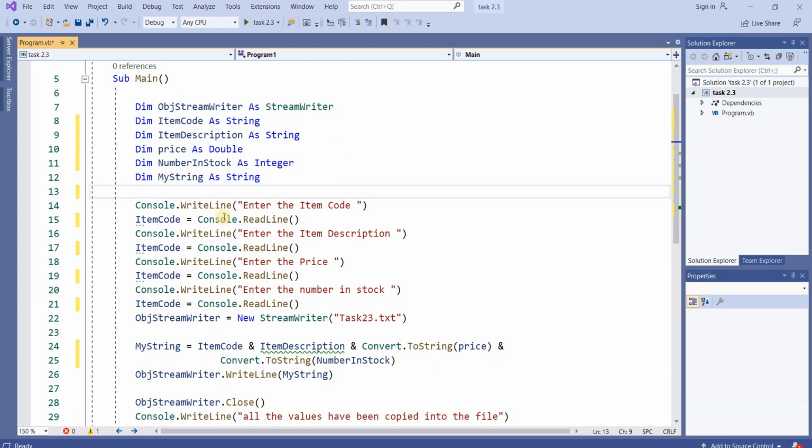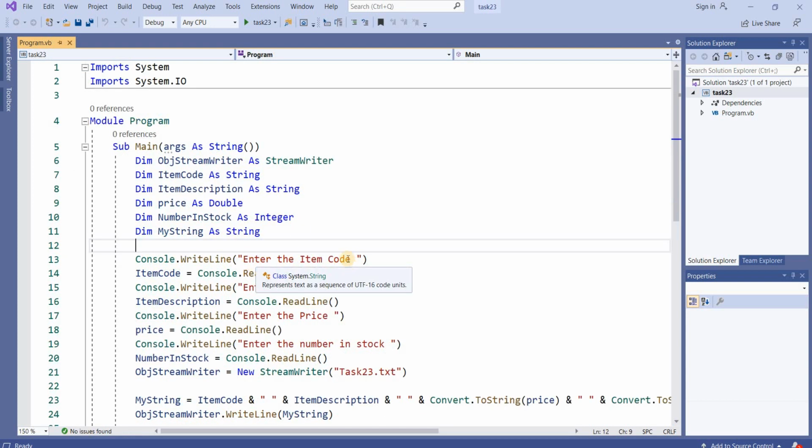Then I display the message, enter the item code, and I store that data into item code. After this, enter the item description, and the value is stored into item description.